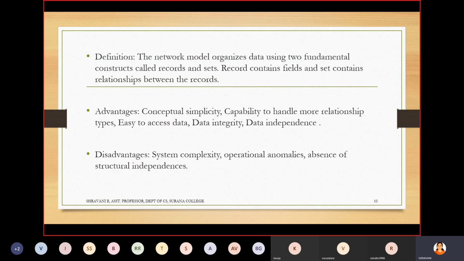So this is how it is capable of handling one or more relations. The student can be a student of a particular college, of a particular branch, and the same student can be a citizen of India having a particular unique identification number with the help of the Aadhaar card. Whatever it is, he can be a student or he can be a citizen of India. It is easy to access data because we are saving his data in a database.